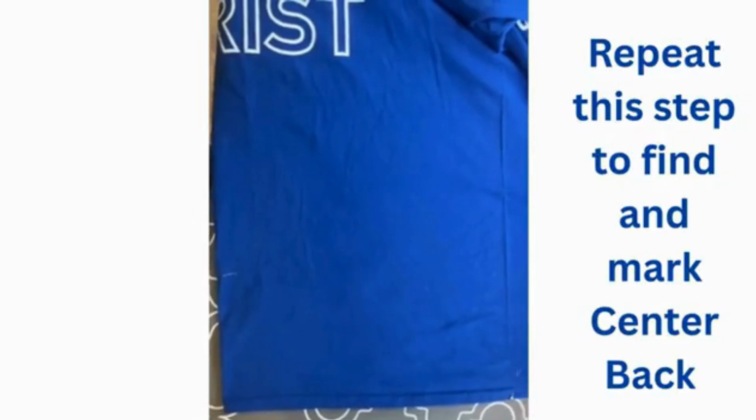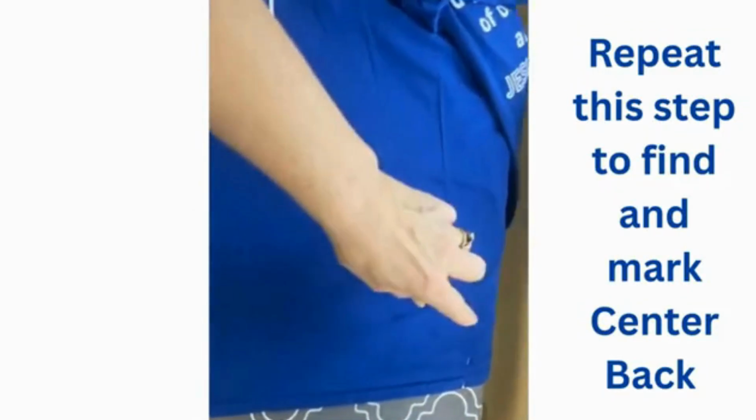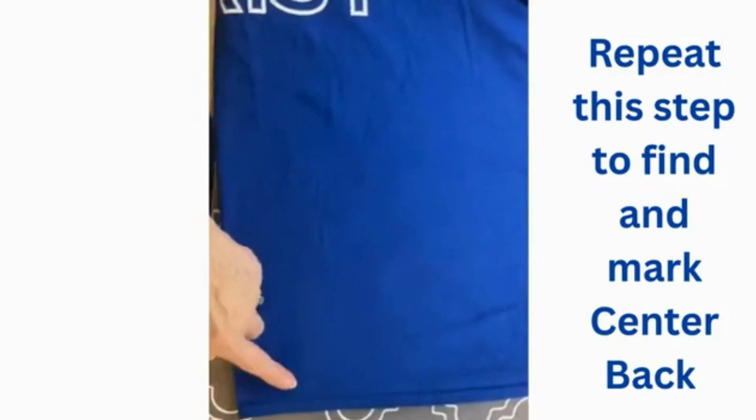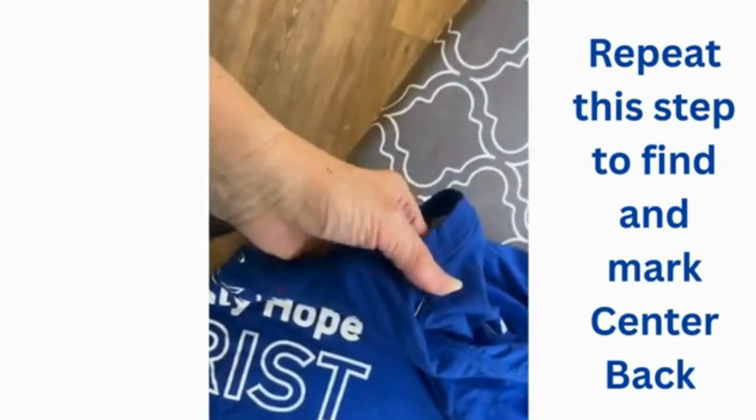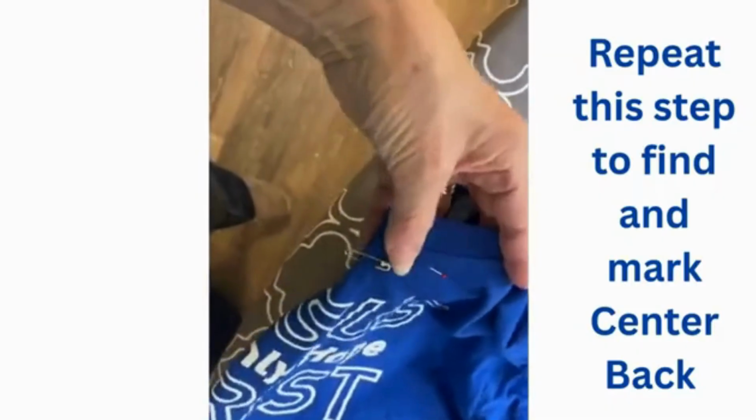Next then I want to get my center front. So I match up my side seams, place a pin, and that'll give me my center front. I do the same thing here at the shoulder seams. That will give me the center front at the